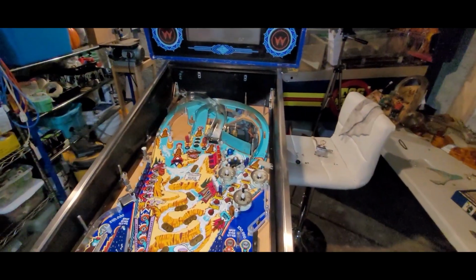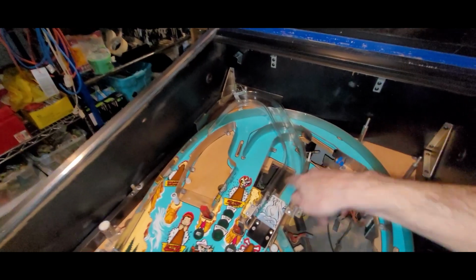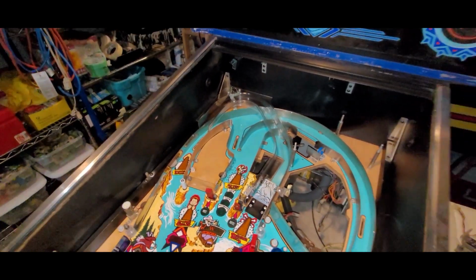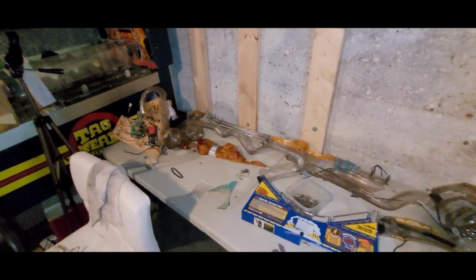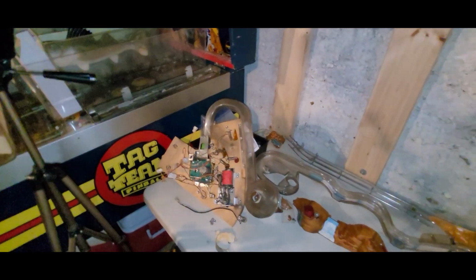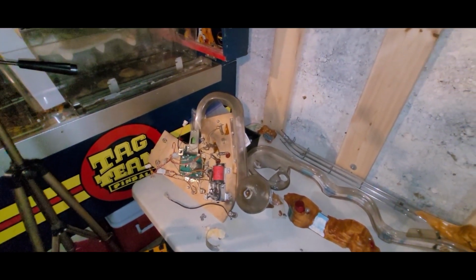Anyway, I think this is a good spot to wrap up this episode. Time to take a break, come back at it tomorrow, see what else I can figure out to do. Maybe I'll start on the upper playfield. That's probably the good task when I got a fresh